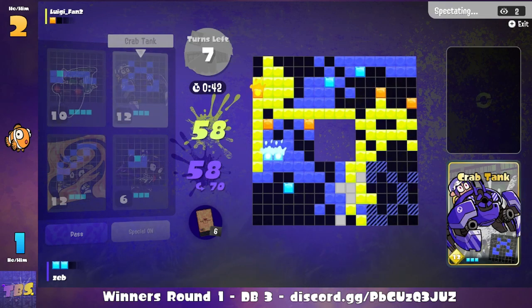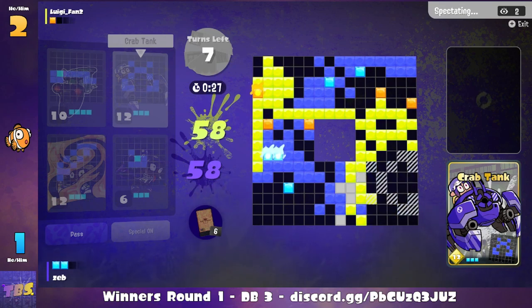Honestly, I respect the crab tank here. I think that's a very good crab tank, actually. I think the crab tank is what you want to do here. You just drop it there. Sometimes you just have to play your 312 in neutral. And I honestly see this as one of those play cases where it's just like...